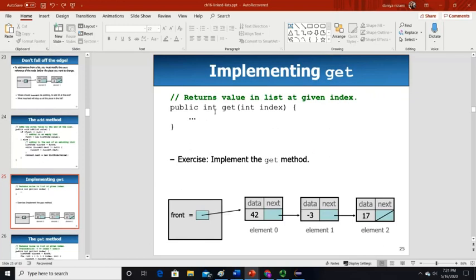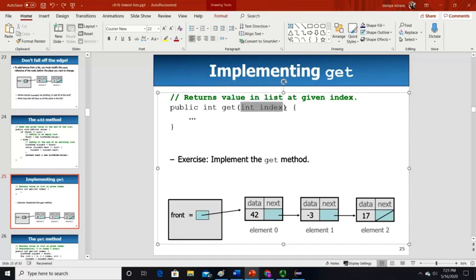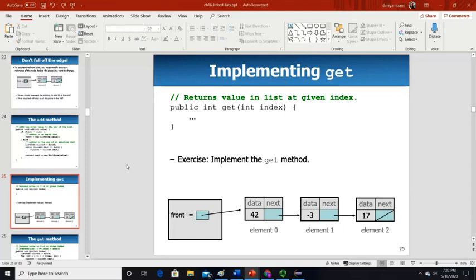So what we do in get, you are returning an integer and you are asking for the index. Linked list doesn't work with indexes, so what we will do is make it so that by default the first value is index 0, the second value is index 1, 2, and so on. It's just our coding you are creating. Remember, this is your class, you are writing your code, you can set anything.